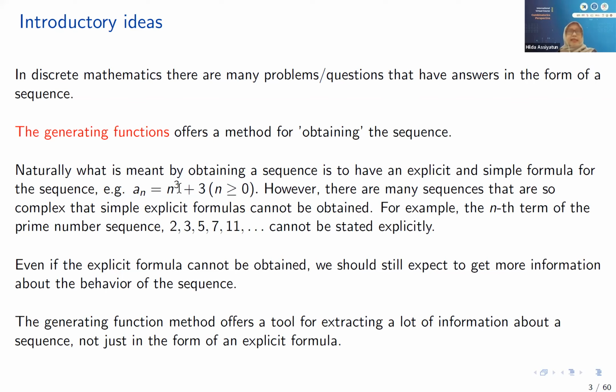However, in many cases this doesn't happen. In many cases, our sequences are so complicated that simple explicit formulas cannot be obtained. This is just one example: if we look at the prime number sequence, we cannot expect to have a simple explicit formula. But even when the sequence is so complex or complicated, we still hope that